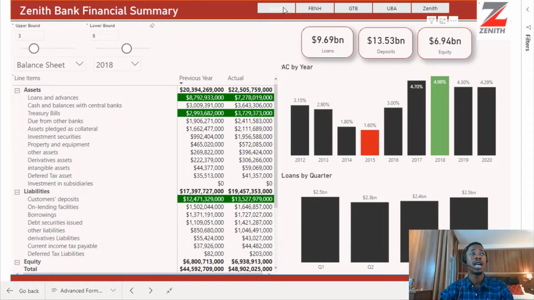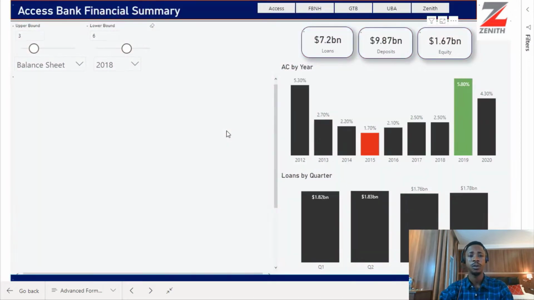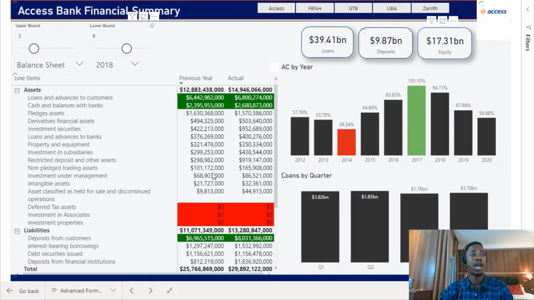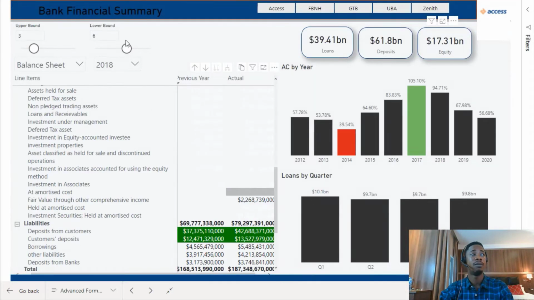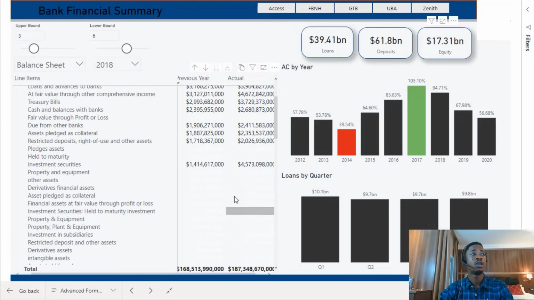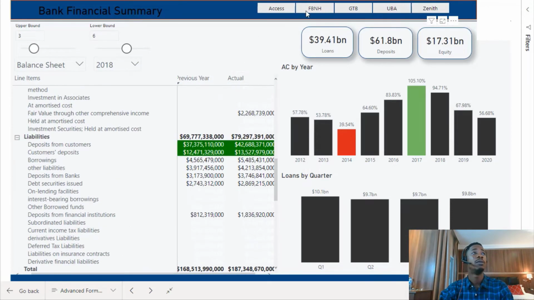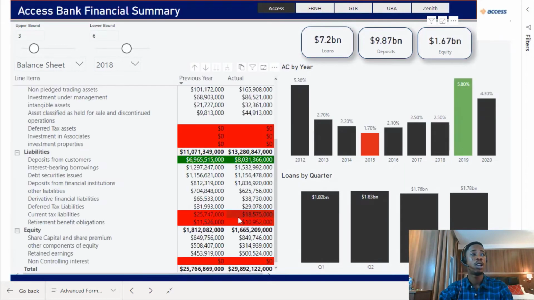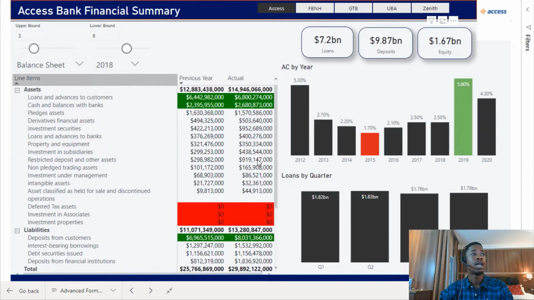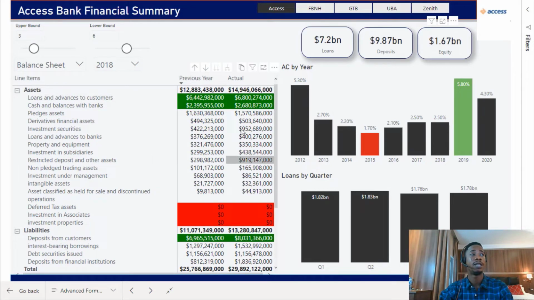So let's check Access Bank, for example. Looking at Access Bank, I have top six as my lower band. So easily for me, I can actually see the top six, the top three actually. So I select top three as my upper band. So this is it in green. So top three in green, and I want to see the lower band of six. So I can see these are the lower